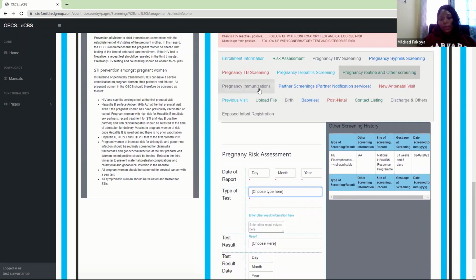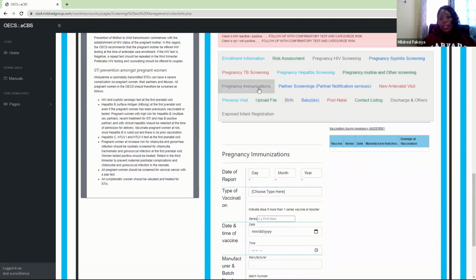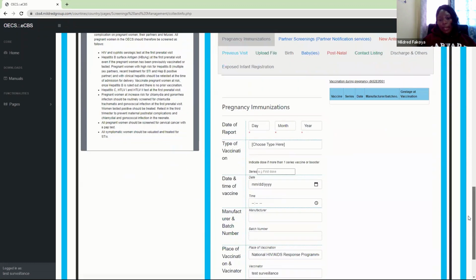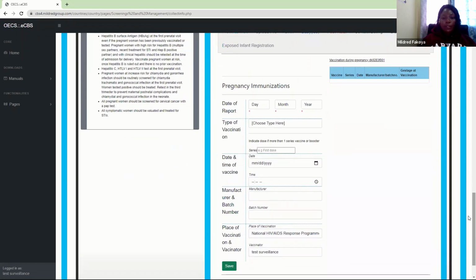And then you can now fill in pregnancy immunizations. This time, any vaccine you are giving during the pregnancy, you will fill in here. Not before. The history should not come here. This should be what you are giving in this pregnancy. So if there are vaccines you give at every pregnancy, you put them here. If there are vaccines that you are not supposed to give